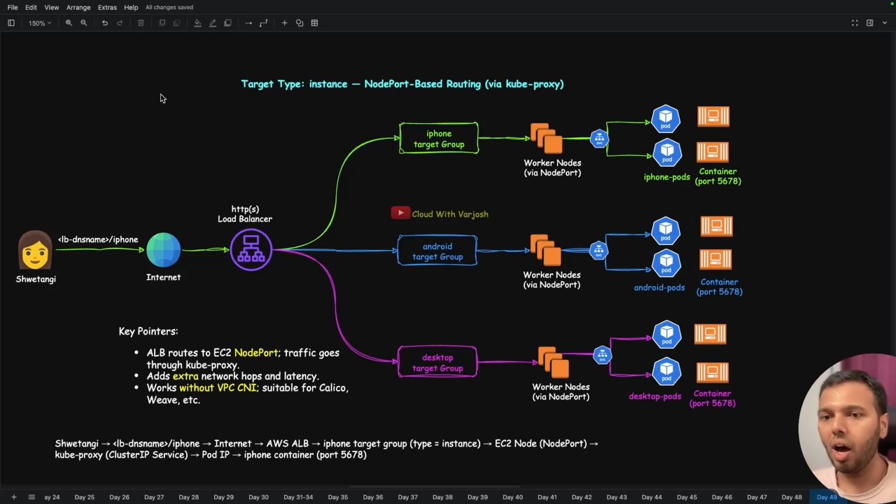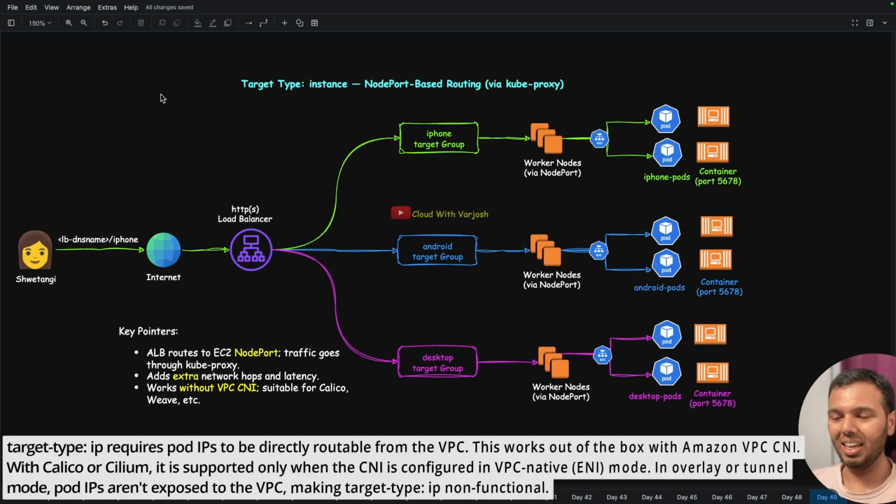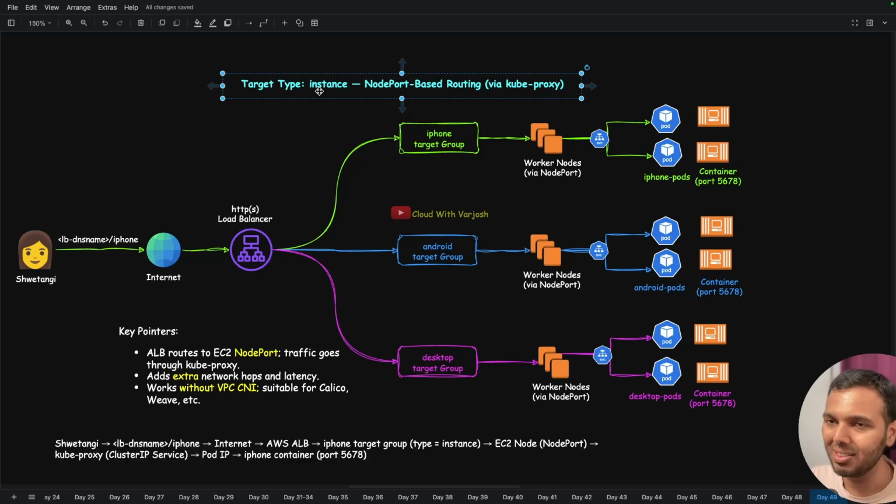Now, when you are using a third party CNI because of XYZ reason, in that scenario, you will have to use instance as the target type. Now, why would you have to use instance? Because the VPC CNI understands pod networking and it can directly interact with the pod IPs. Other CNIs do not have that capability yet. Hence, you will have to use instance, and when you are using instance, you will have to use node port